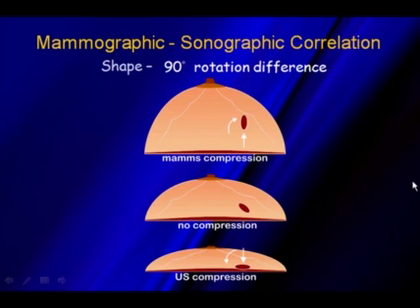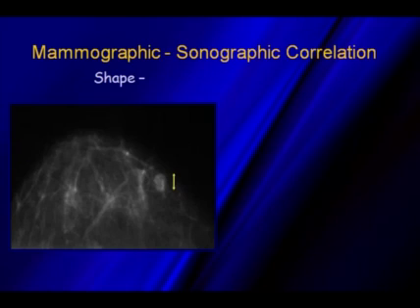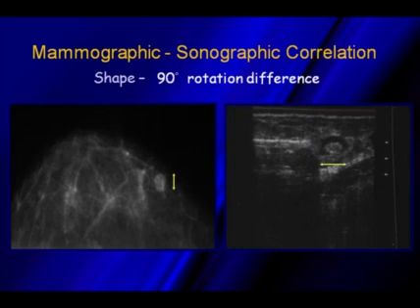Looking at the shape of a lesion, we will see a 90-degree rotational difference when we compare mammograms to ultrasound. Think about how a mammogram is done. The breast tissue is pulled away from the chest wall and compressed down. With ultrasound, we have the patient lying flat on their back, and then the normal weight of the breast tissue is compressing the breast. So looking at mammographic-sonographic correlation and looking at the shape, lesions on a mammogram will appear to be perpendicular to the chest wall mammographically. When we scan the patient on ultrasound, that same lesion will rotate 90 degrees and now be parallel to the